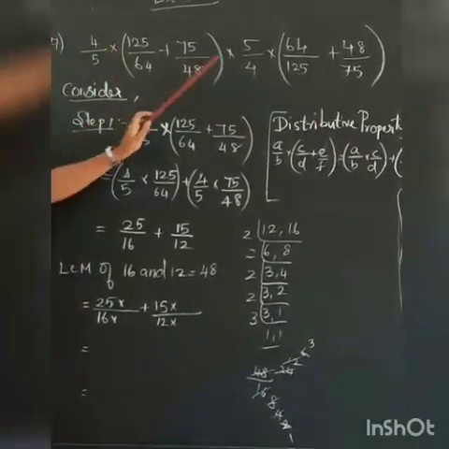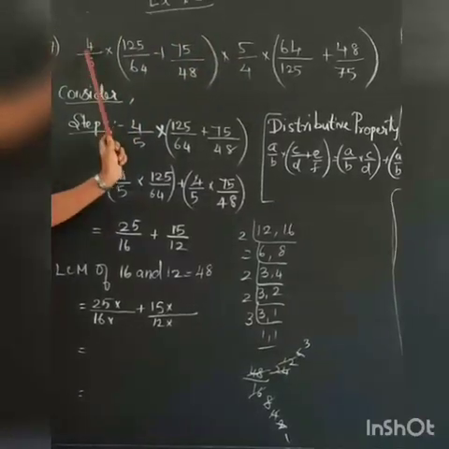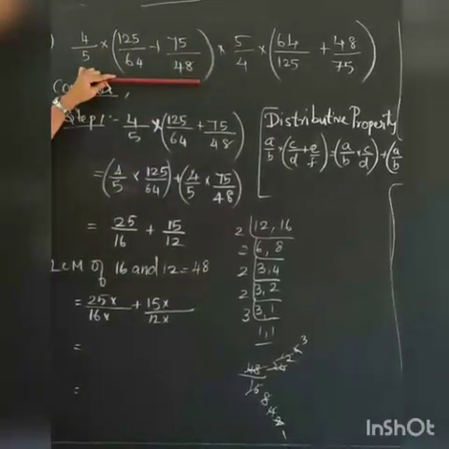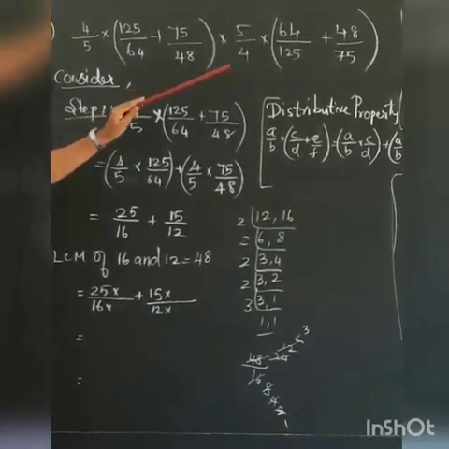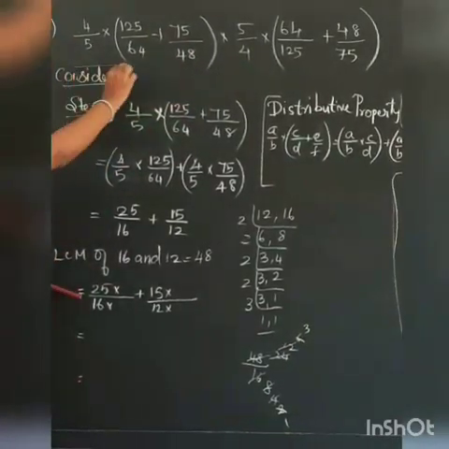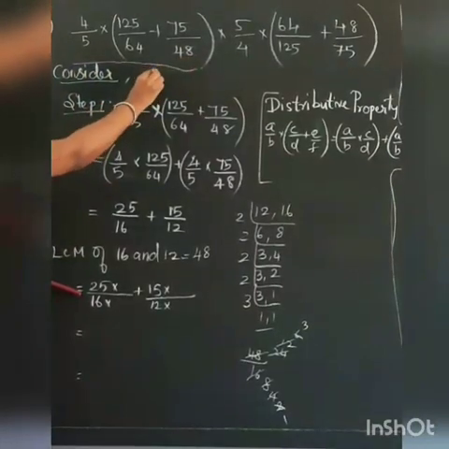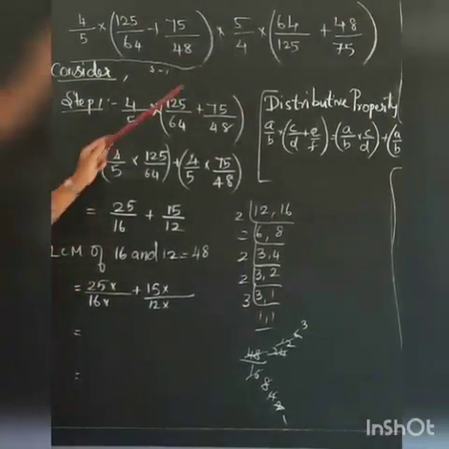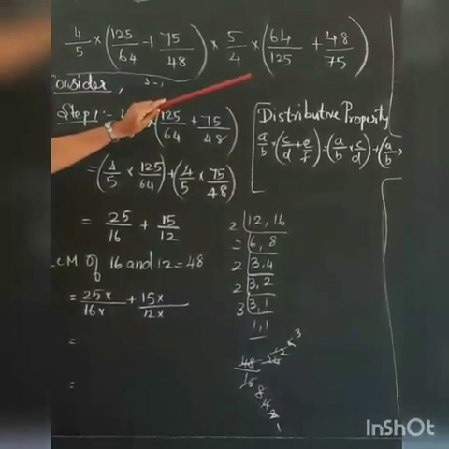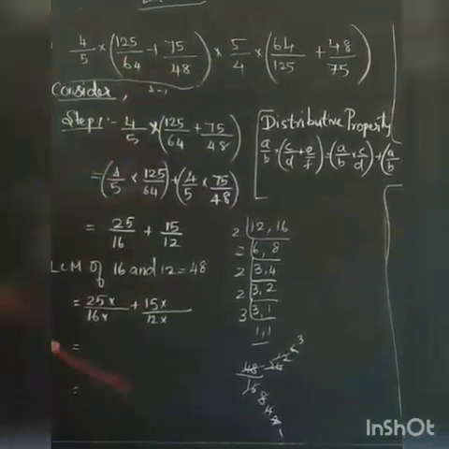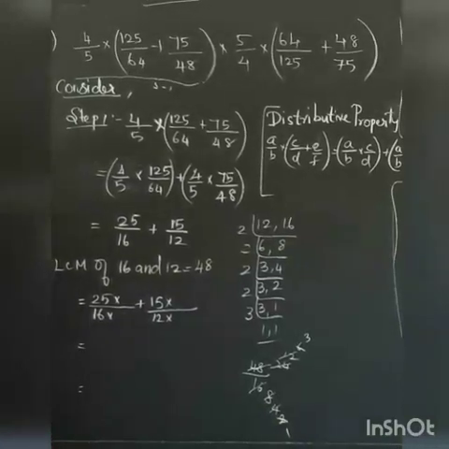See here, into. Clear? So anyway you are going to multiply, but inside the bracket what you have? Under addition. That also under addition. So now what you have to do means consider this up to this is step number 1. Clear? Consider from 5 by 4 to the last step number 2. We have to split the quotient and we have to simplify. Then easily you will get the final answer.